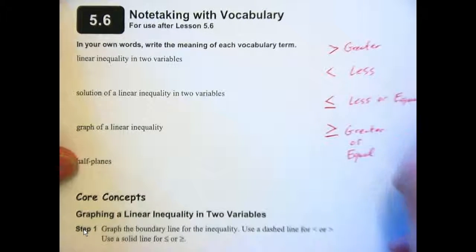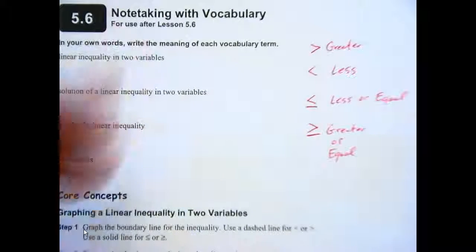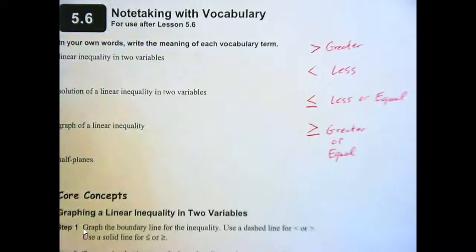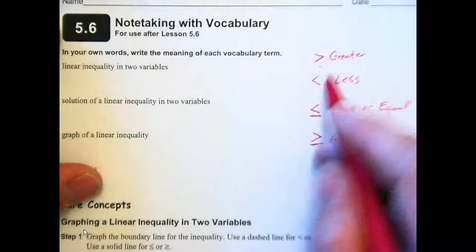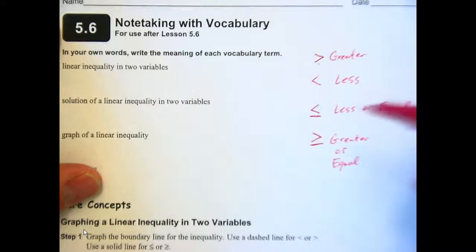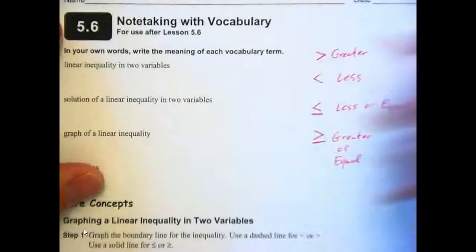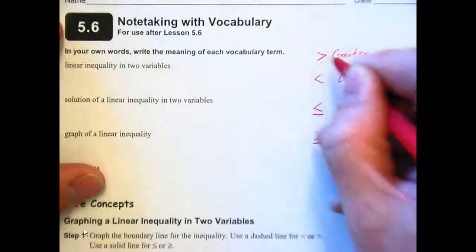Now, when we're dealing with inequalities, if you recall, back when we dealt with one variable, this was an open circle. This one was a closed circle. Open circle meant it wasn't part of the solution. Closed meant it was. When you're dealing with graphing inequalities in lines,